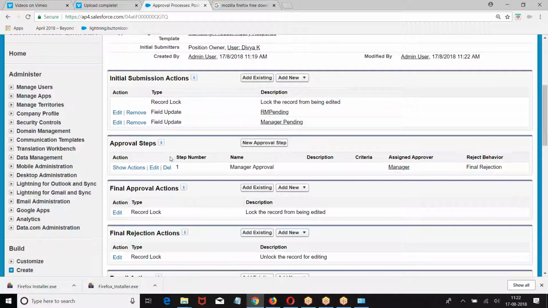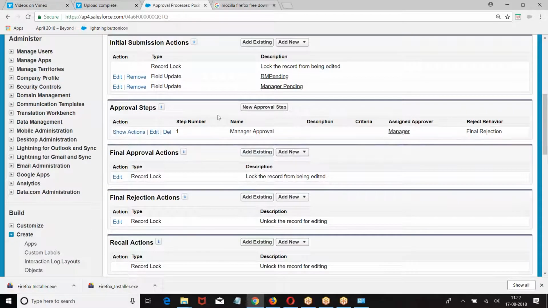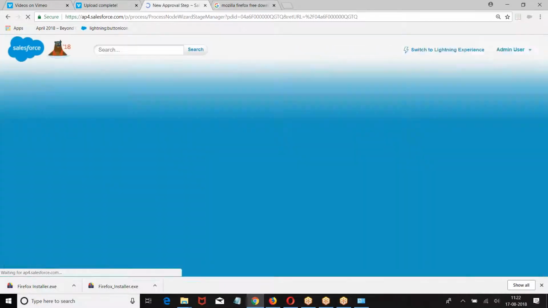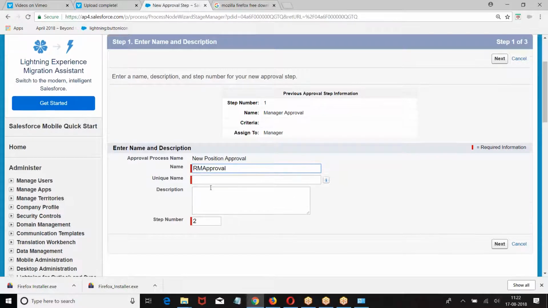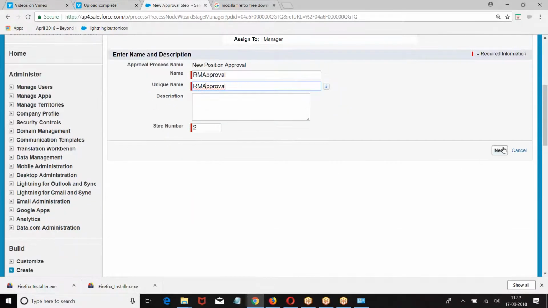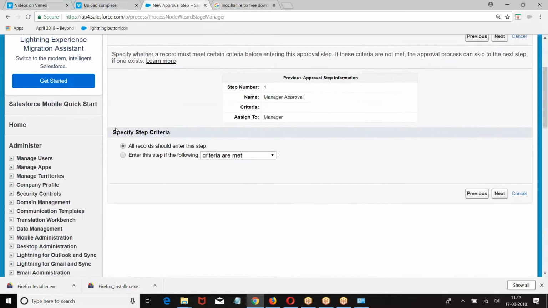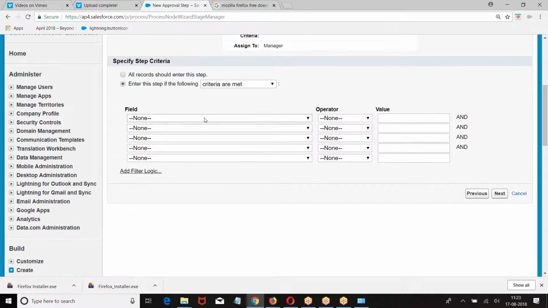So should every record enter step number 2? Not necessary. So I am giving here a new approval step, regional manager approval. Now, every record should enter? Not every record.